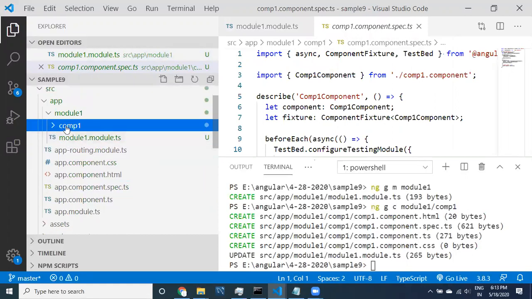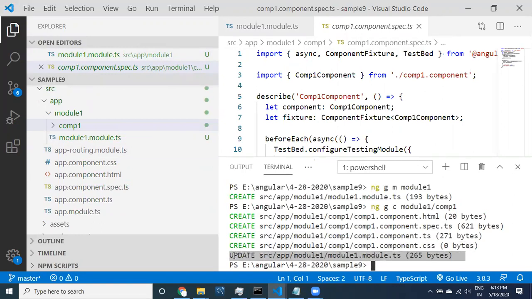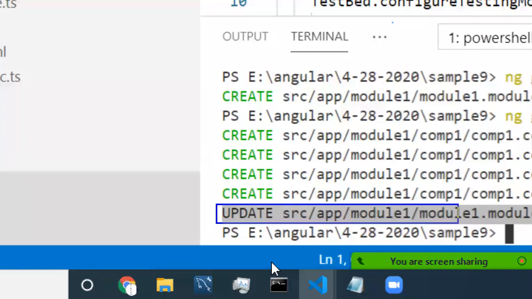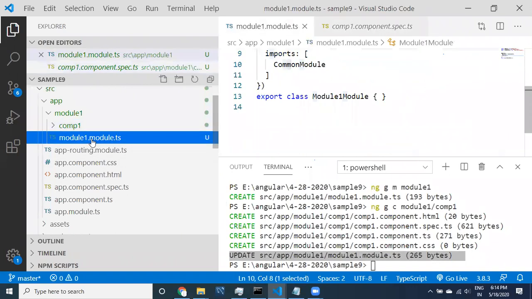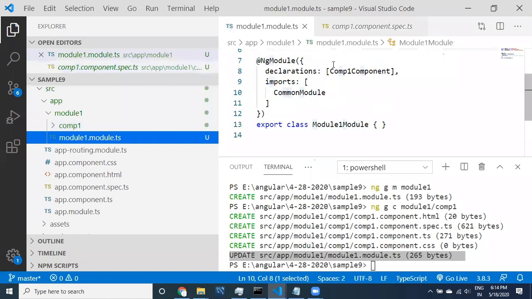Another thing happened. If you observe carefully in the log, module 1 got updated. If you go to the module 1 module file, you can see it got updated.